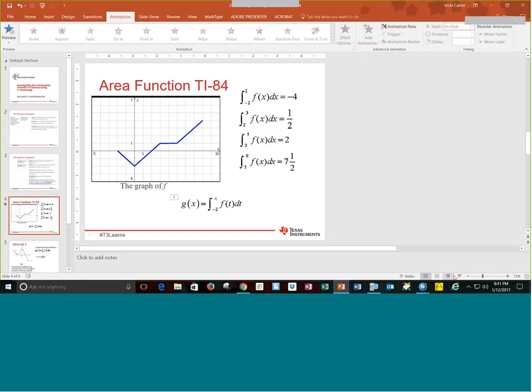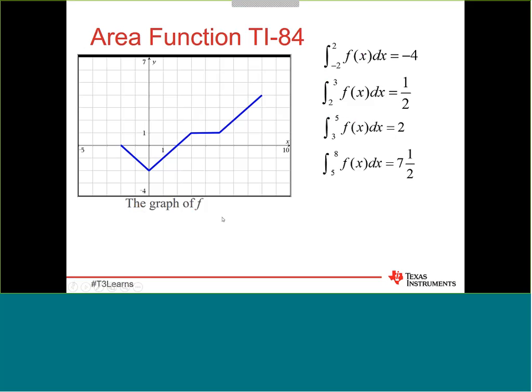I didn't start this as an actual PowerPoint, so you didn't see this bottom part. Before they do the evaluation theorem, I build a lot around geometric formulas for area, like triangles, rectangles, and trapezoids. Let me just start the PowerPoint so it looks better. So I might give the students this kind of problem where I'm saying, okay, this is just the graph of f of x. I didn't want that little thing to pop up. And so just evaluate these definite integrals.